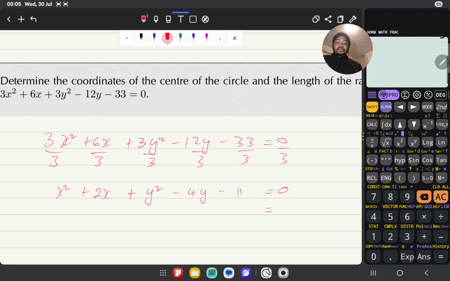So now let me take the 11 across and I have x squared plus 2x plus y squared minus 4y equals 11. Now this is not the standard form of a circle,